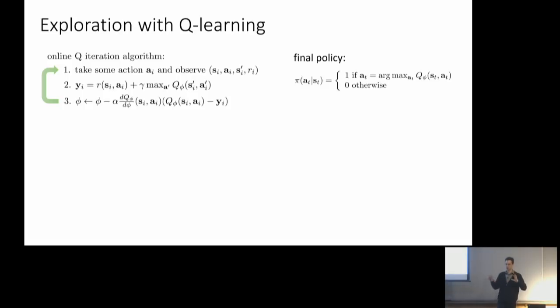Okay, so the two answers were, well, maybe there's some states that you haven't been to yet, and perhaps you might want to go there, and this thing is deterministic, so it'll just do the same thing over and over again. And that's basically the crux of the issue, that this is a deterministic policy. It's greedily trying to do the thing that it thinks is best, which might cause it not to visit some states. In fact, it will very likely cause it to simply ignore some parts of the state space. And maybe those parts of the state space are really good.